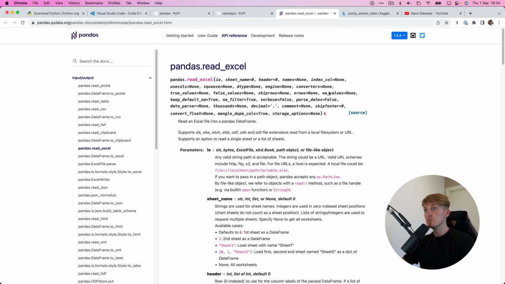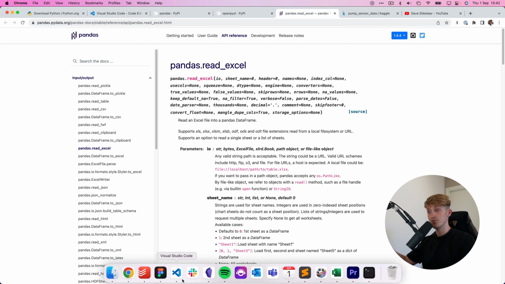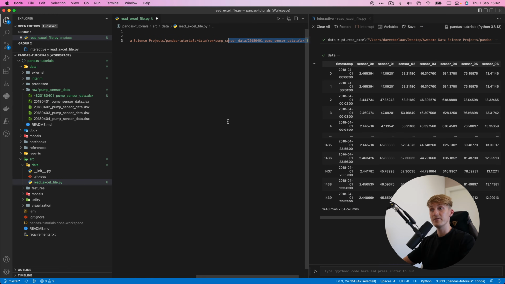And another very useful one is the skip rows parameter. You can use this to give a list with indexes or an int. That is either skipping certain rows based on the index or, for example, the first 5 rows. And that could be useful for when your Excel file has some headings, for example, or some additional information that you don't want to include in your data frame. But I will now continue to show you some practical tips that I find very useful working with Excel files